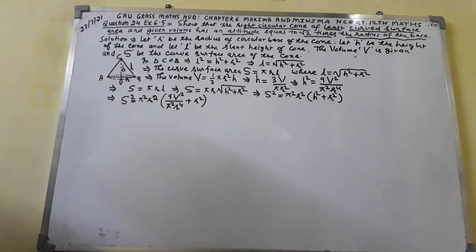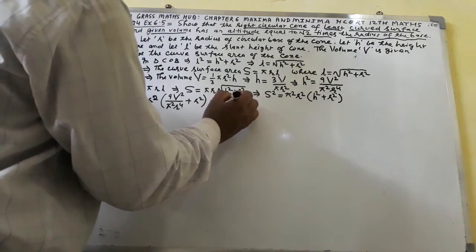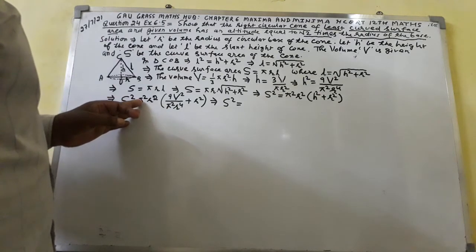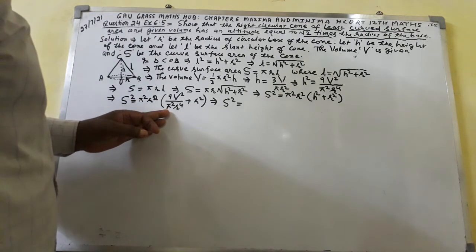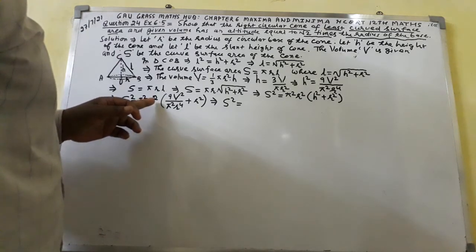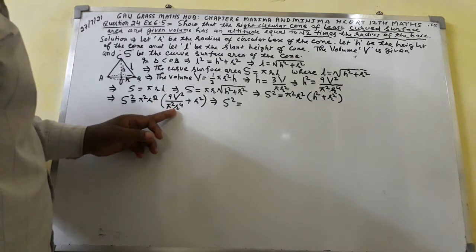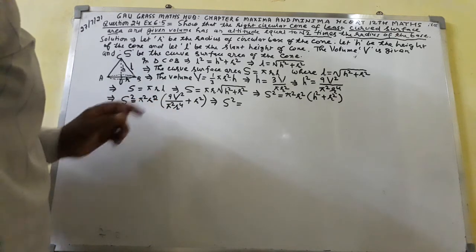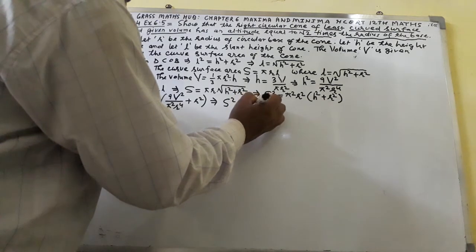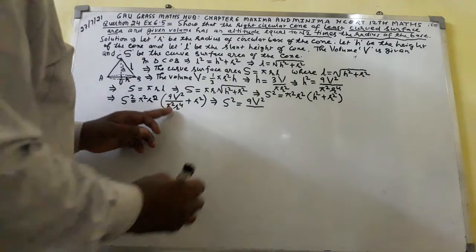Just simplify this one. So here I shall write capital S square equal to, here pi square will be cancelled out. Here R square is there in the numerator, R raised to the power 4 is in the denominator. Both will be cancelled out. So here you will get first term 9V square whole over R square